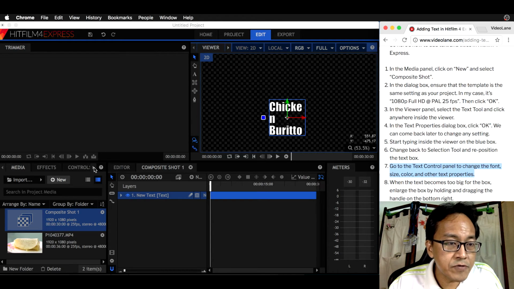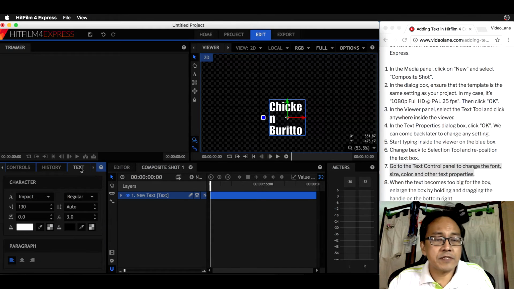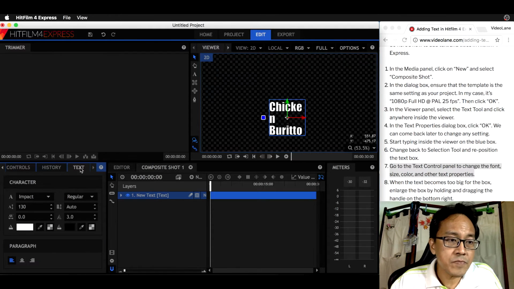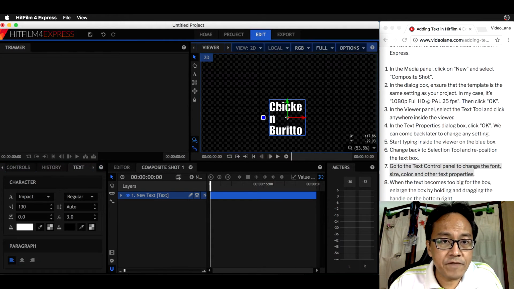Again, go to this arrow, and then you see text panel. Okay, that's your text control panel. Now we want to make the font smaller. I have to go into the text box within the viewer